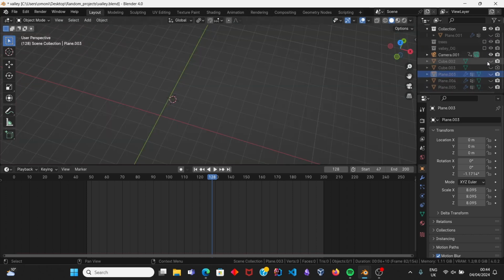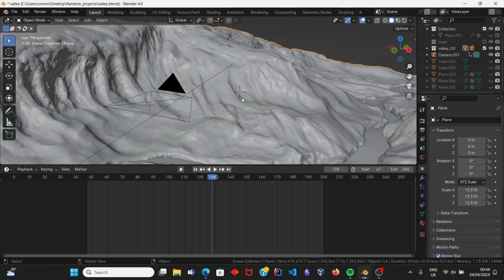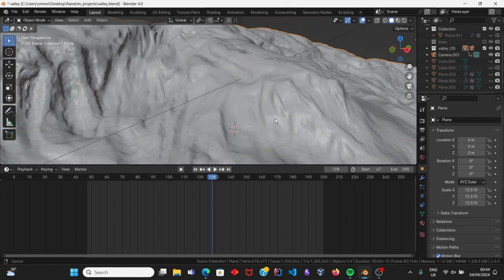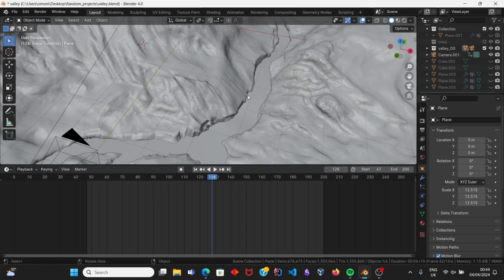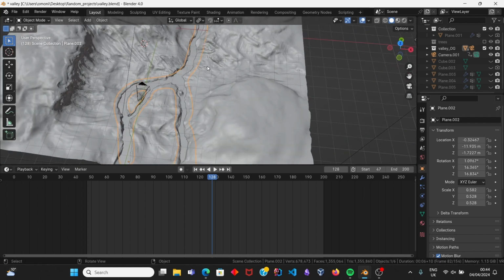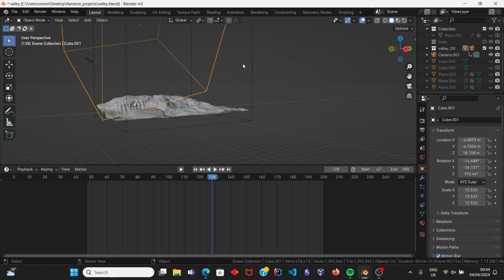So what I'm going to quickly do now is get the original valley. Of course, as you can see, this one has a lot more detail, like the base mesh. And I also added a river here, which also has textures. And this one took a lot longer to make. Of course, you can see we have a